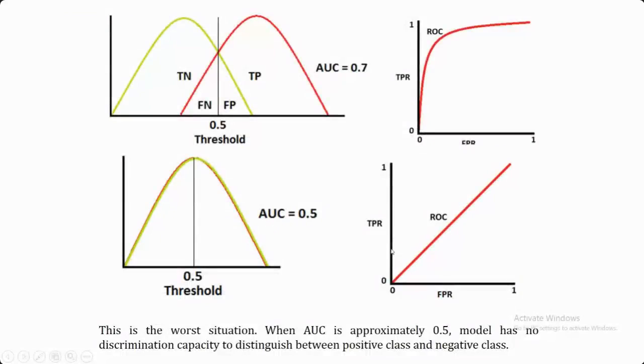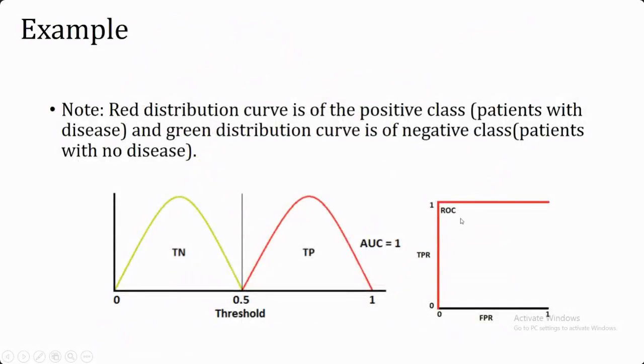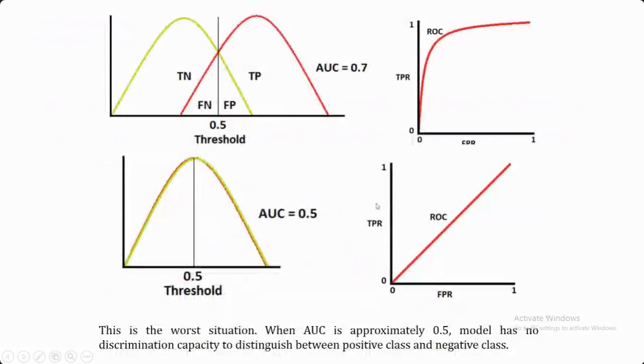But if there is some kind of misclassification, meaning positive has been classified as negative, and negative instances have been classified as positive, so misclassification we are having at this point, so your ROC will be somewhat like this. Compared to this one, there will be a reduction in AUC. Suppose the reduction is this much, so now your AUC is, say, the 30% reduction is there, so it's 0.7.